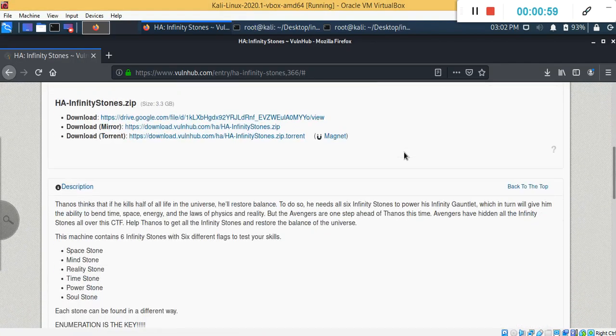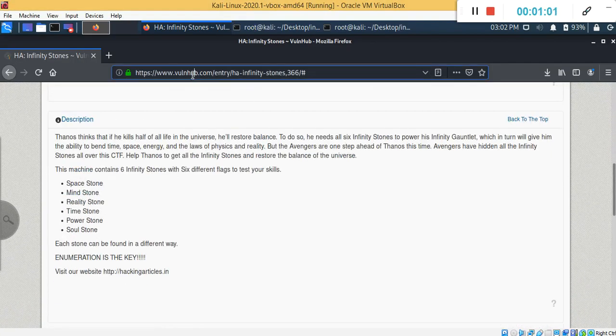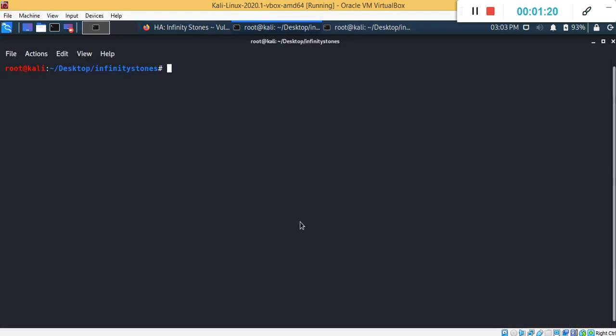So I will give you a basic description which is there on VulnHub for the CTF. Basically, it says that Thanos needs all the six Infinity Stones, and the Avengers have hidden them all across the CTF. So we have to help Thanos gain all the Infinity Stones and restore balance to the universe. Great. So we will start by running netdiscover, as we had done last time, to find the IP address